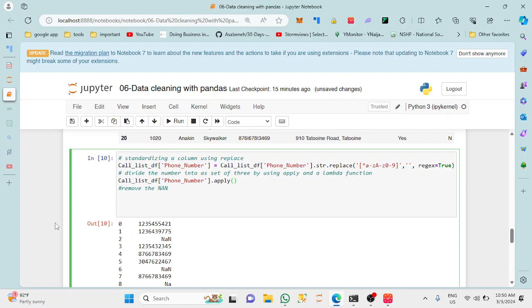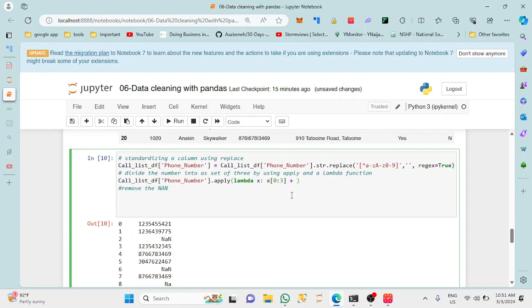So what I want to do is, for each of these, I want to add a dash here, count 1 to 3, put a dash, count 1 to 3, put a dash. So how am I going to do that? Let's see. I'll use a lambda. I think a lambda would work. Lambda, I'll say x. Okay. I'll say x from 0 all the way to 3